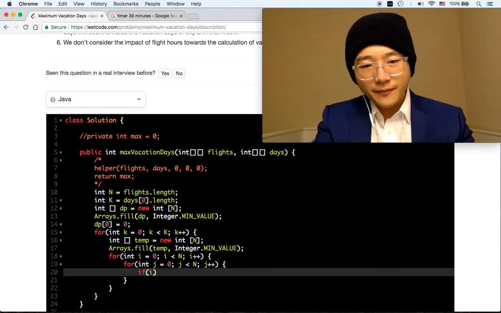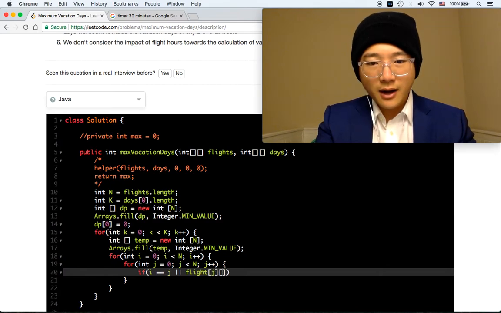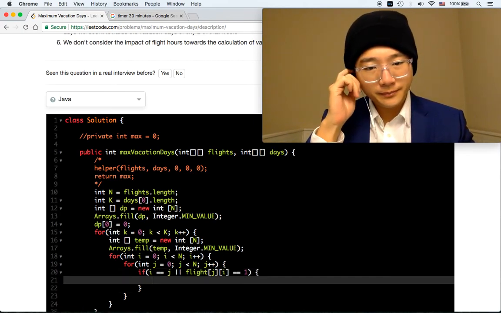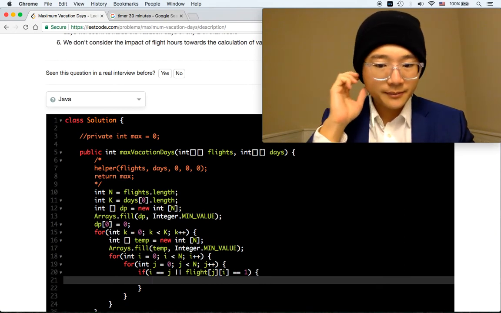So if i is equal to j, so if it's the city itself, or the flight from j to i is valid, then what we need to do is